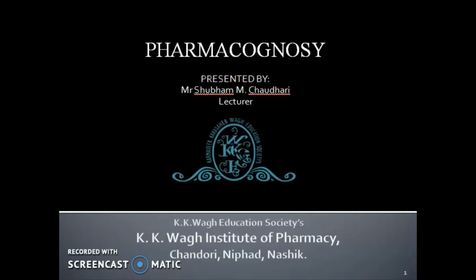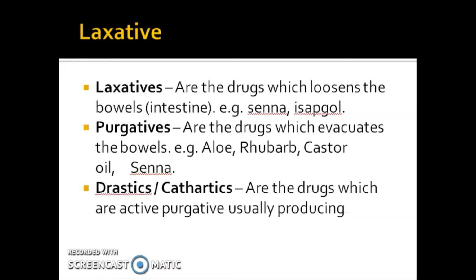Chaudhary. In today's lecture of pharmacognosy, we are studying laxative drugs. So, laxatives are the drugs which loosen the bowels or intestine. For example, Senna and Isabgol. Purgatives are the drugs which evacuate the bowels. For example, aloe, rhubarb, castor oil, and senna. Drastic or cathartics are the drugs which are active purgatives, usually producing